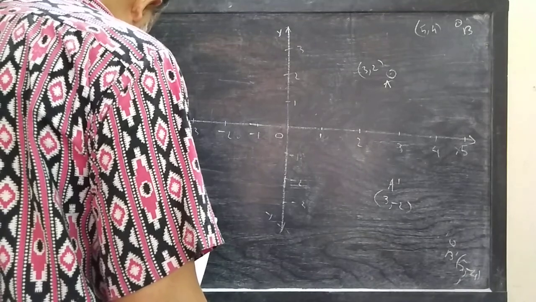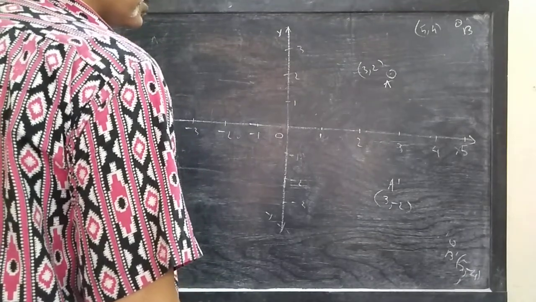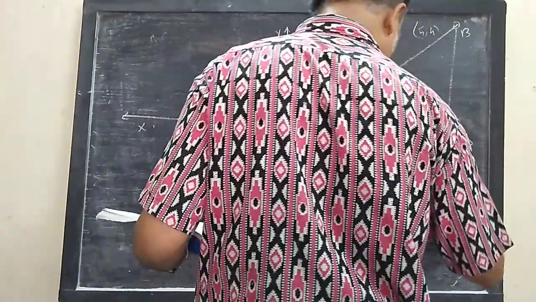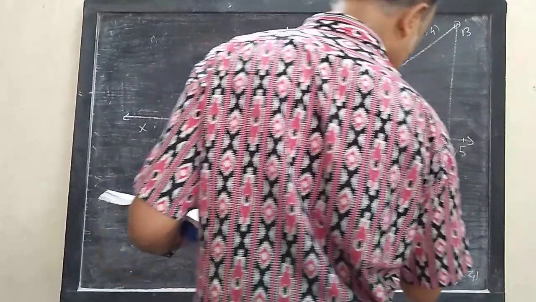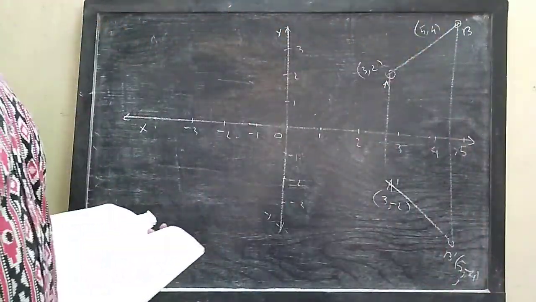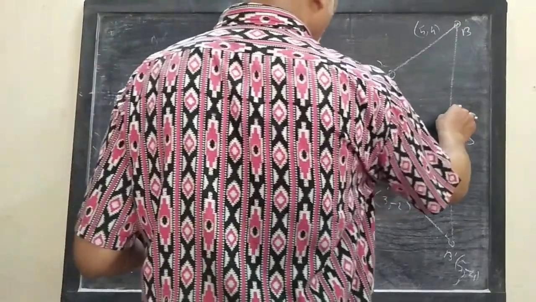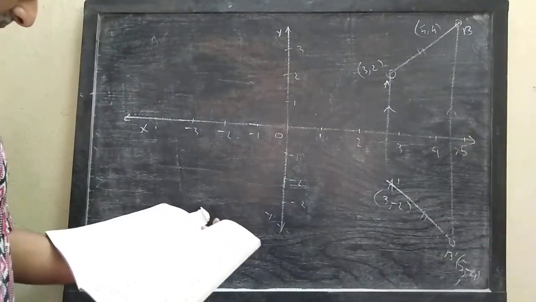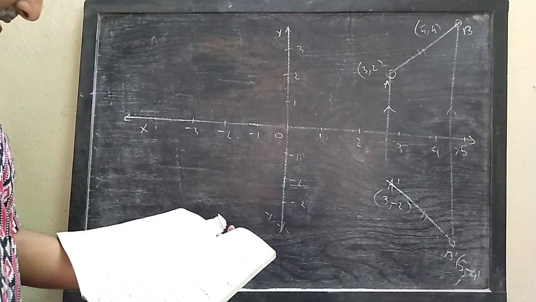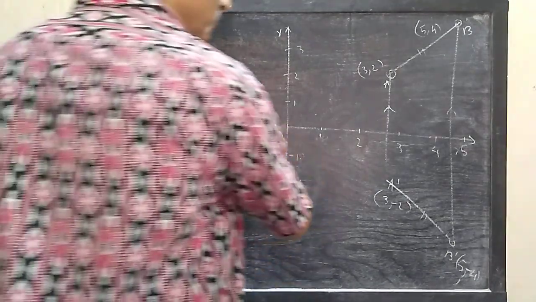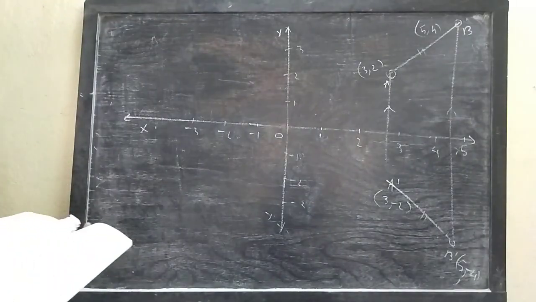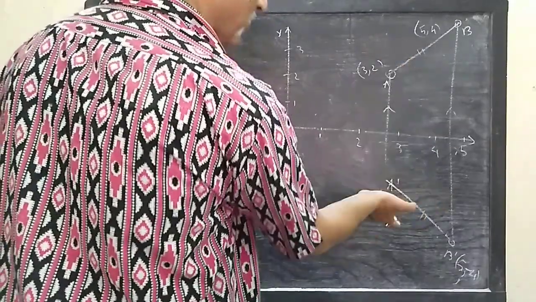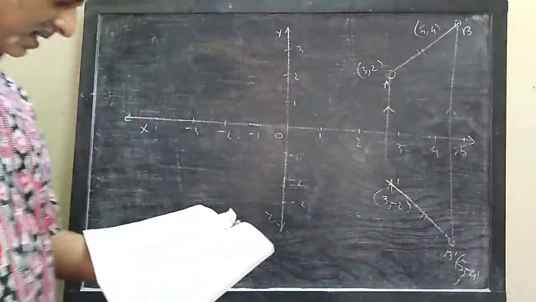Write down the geometrical name of AB, B dash, A dash. Obviously this will be an isosceles trapezium, because these two sides are parallel and these two sides are equal. Next, the axis of symmetry of AB, B dash, A dash. Look, the line of symmetry is the x-axis here, because the upper part is reflected to the lower part and the lower part is reflected to the upper part. So the line of symmetry is the x-axis here.